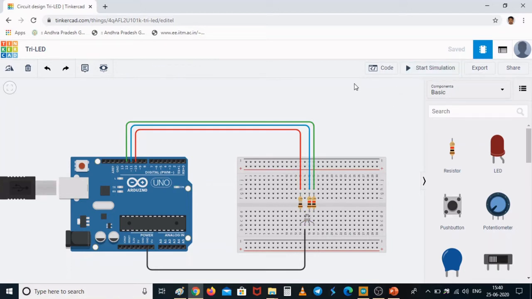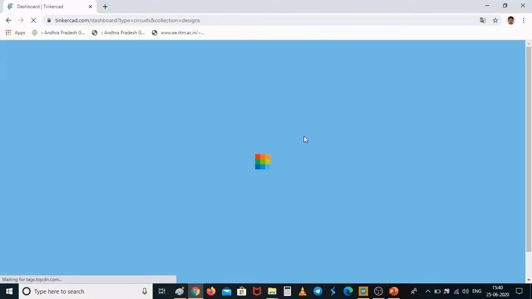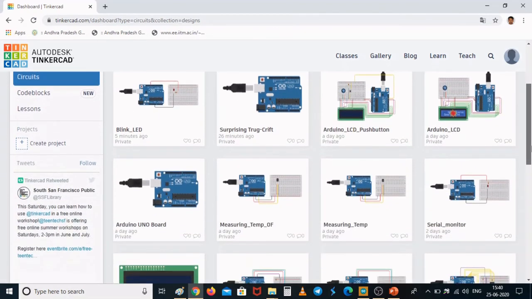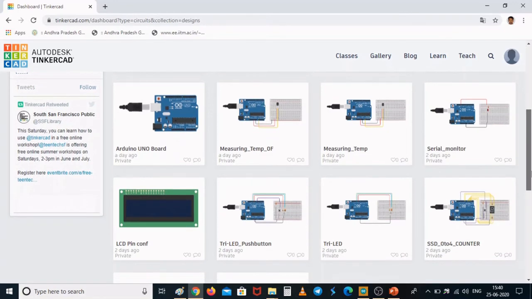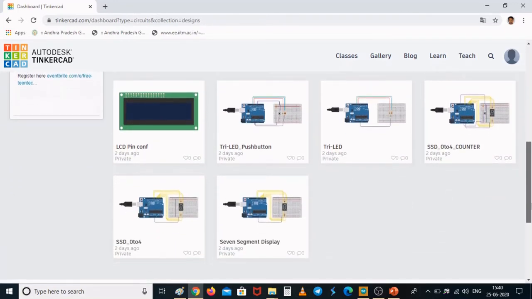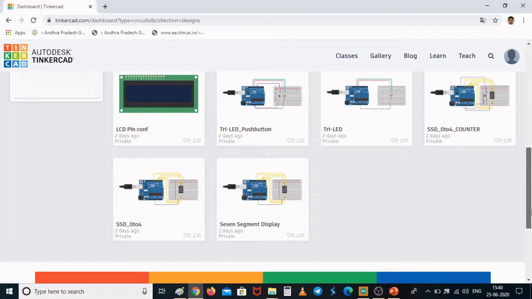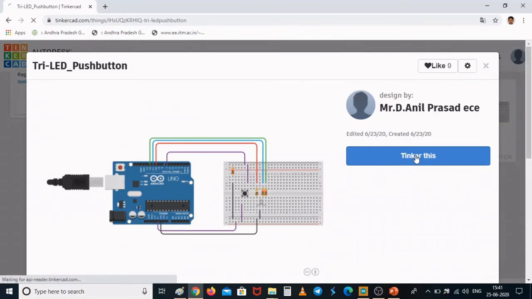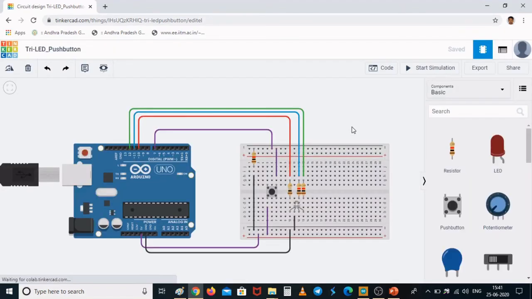Now I will show you how I can have control over the blinking of this LED. I will be using a push button in order to control the blinking of this LED. I'll show you the circuit connections first, then I'll show you how to write the program to ensure that control of blinking of the tricolor LED can take place. So here are the circuit connections. The circuit connections are going to look like this.